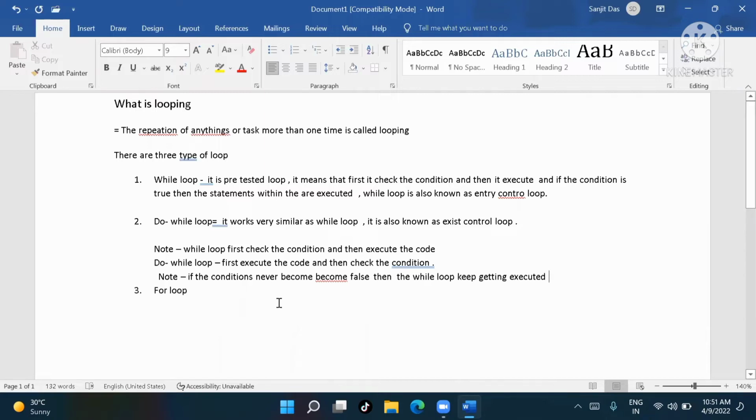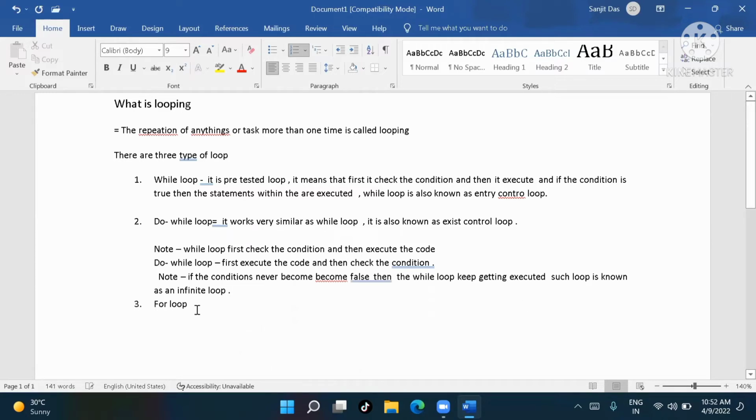Got it? If the condition never becomes false, the while loop will keep executing. Such a loop is known as an infinite loop.